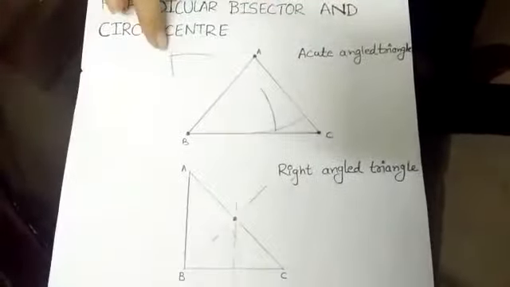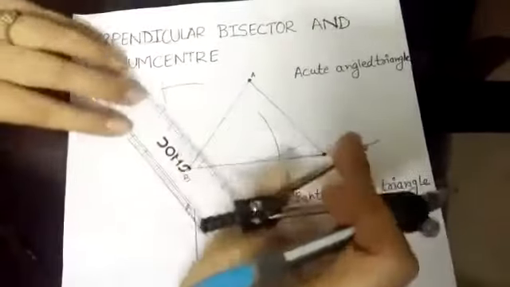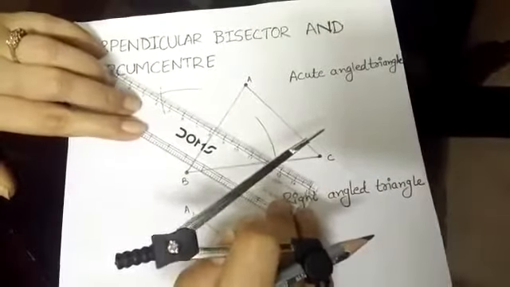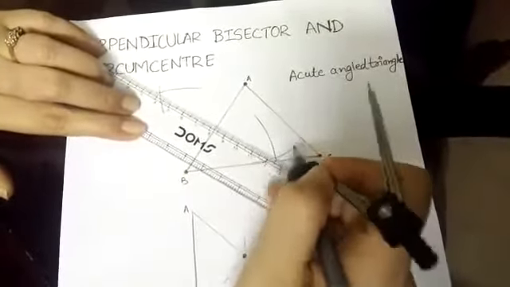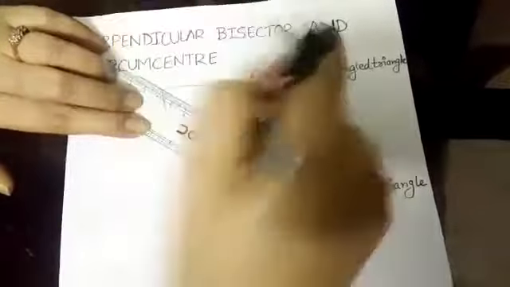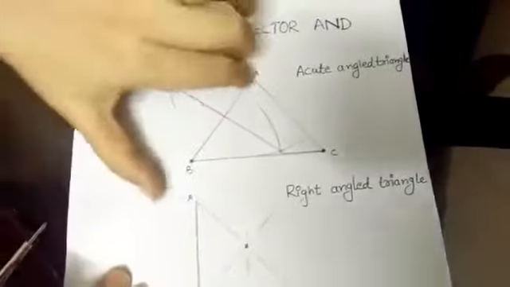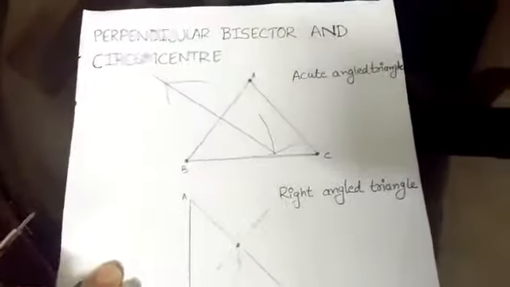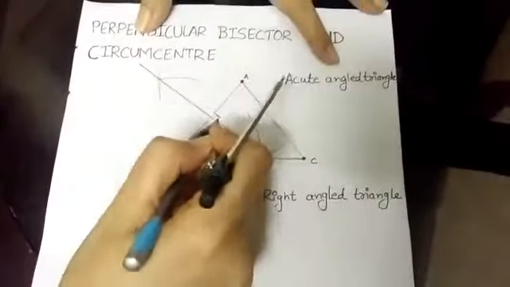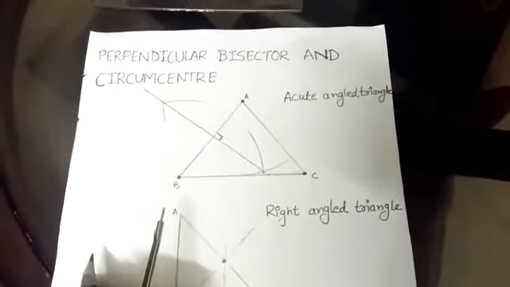Now what we observe is that these two arcs cut each other, दोनों bisect each other, and we will join the line to where both arcs have intersected. We will join that line in this way. Now we got the perpendicular bisector of side AB. Perpendicular bisector is the line which divides the line segment into two equal parts and that is perpendicular to that side.